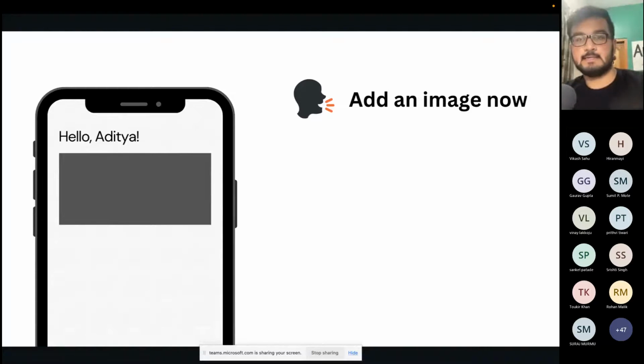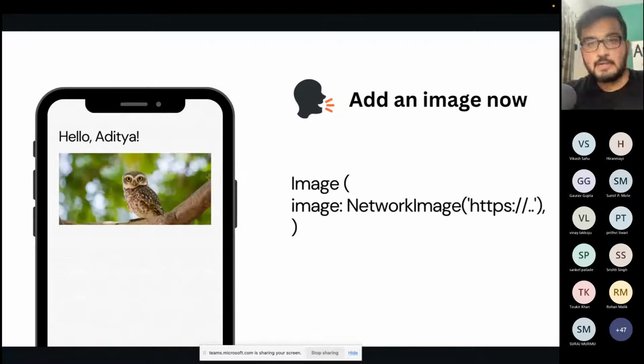Similarly, let us say the manager tells you to add an image now. For this too, we have a widget. For adding an image, there is a widget called image. So you can type in image, tell it what to show on screen, and it will show that image on screen. In our example, we are using a network image, pulling this image from the URL that we are passing in here, and it will fetch that image and show it on your